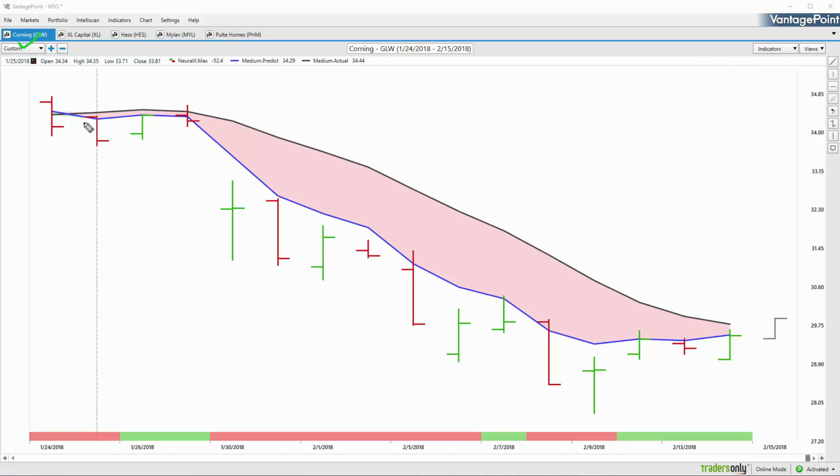But here in Corning Gorilla Glass, what we have is the daily bars and candles against a traditional moving average. This is our actual moving average, which is really a summary of what's already occurred in the markets. That's really our baseline to understand what's going on, what's already happened in the market. And what we're comparing that to is a predicted moving average generated via the artificial intelligence and neural network technology found within the VantagePoint software. So whenever we see a crossover between these two values, it suggests that there's been a change in the overall trend direction, and we therefore want to look to essentially short the market or certainly take profit on any long